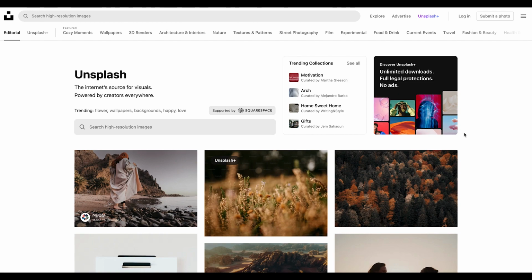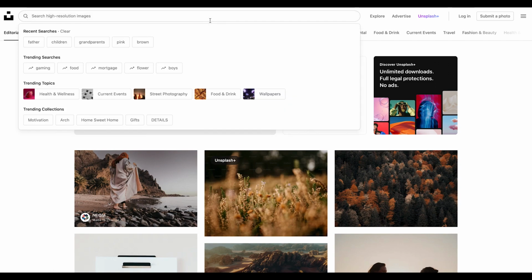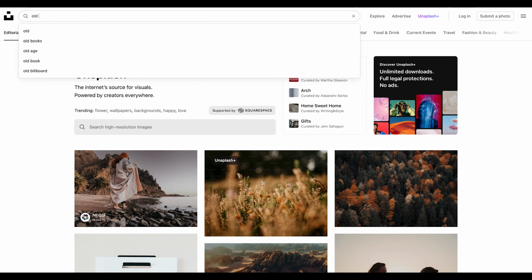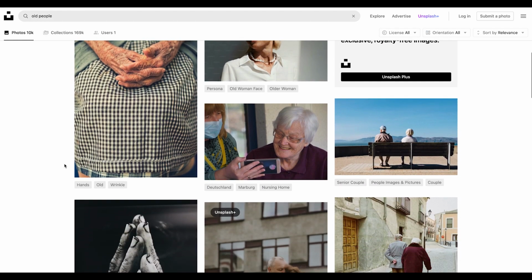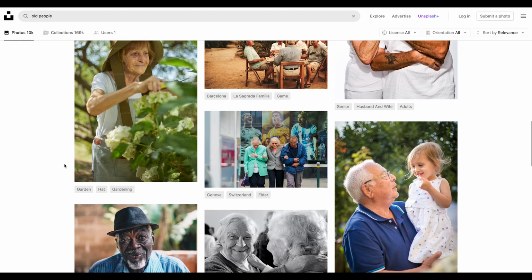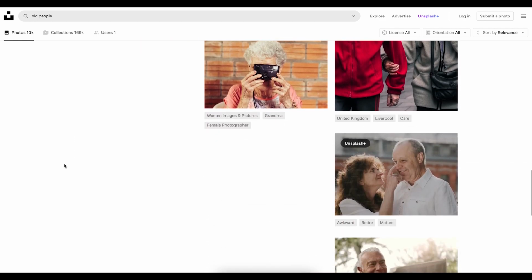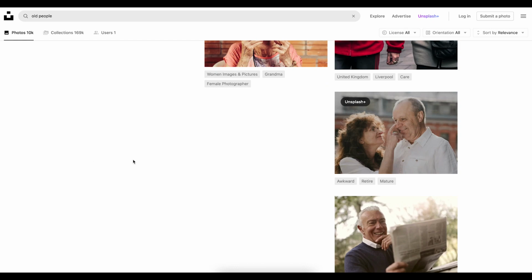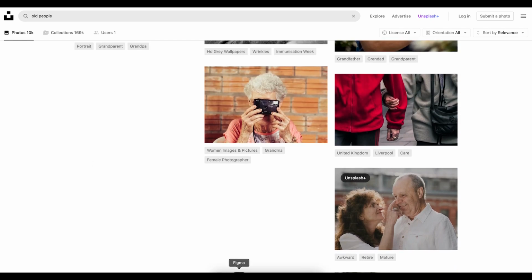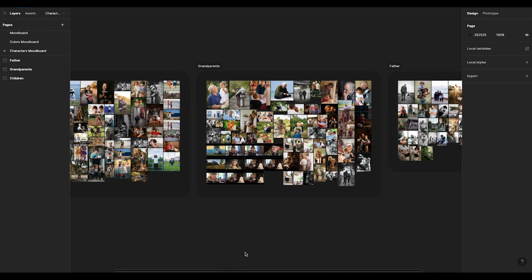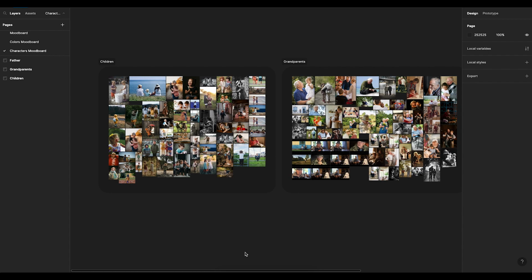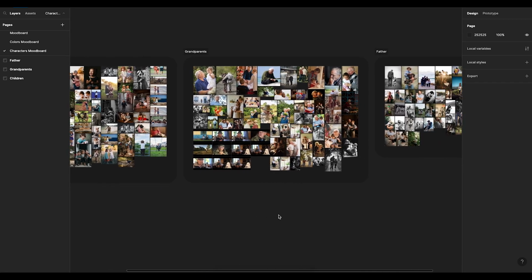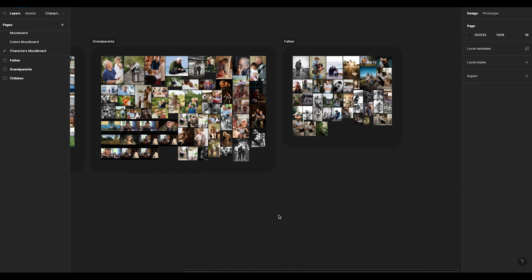Here I can search by topic, whether it's old people or children, whatever I need. After that, I collect all the photo references in Figma. Figma is a great tool that allows me to keep everything well organized. For my convenience, I divided all the photo references into sections: